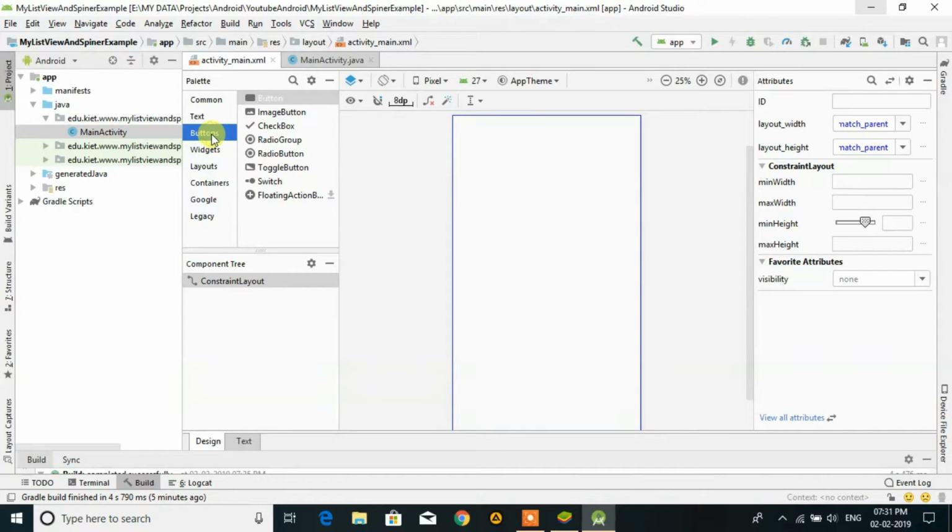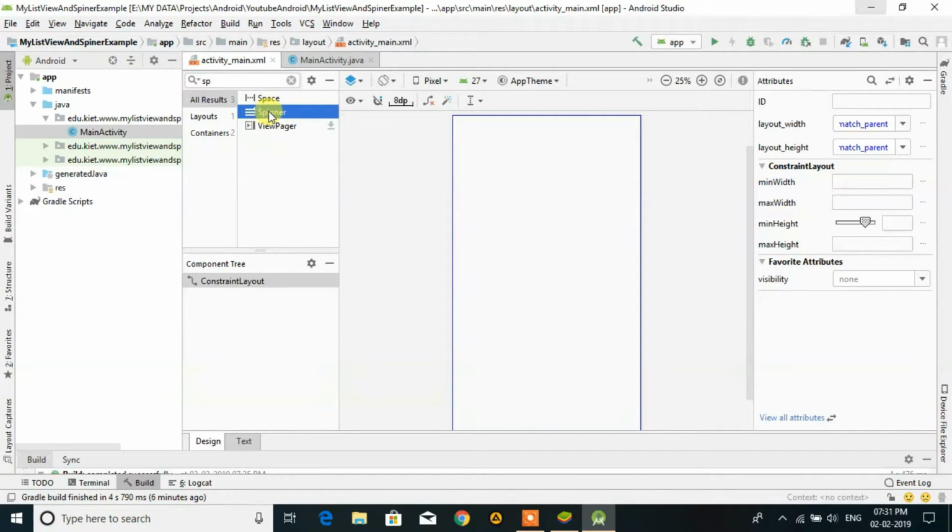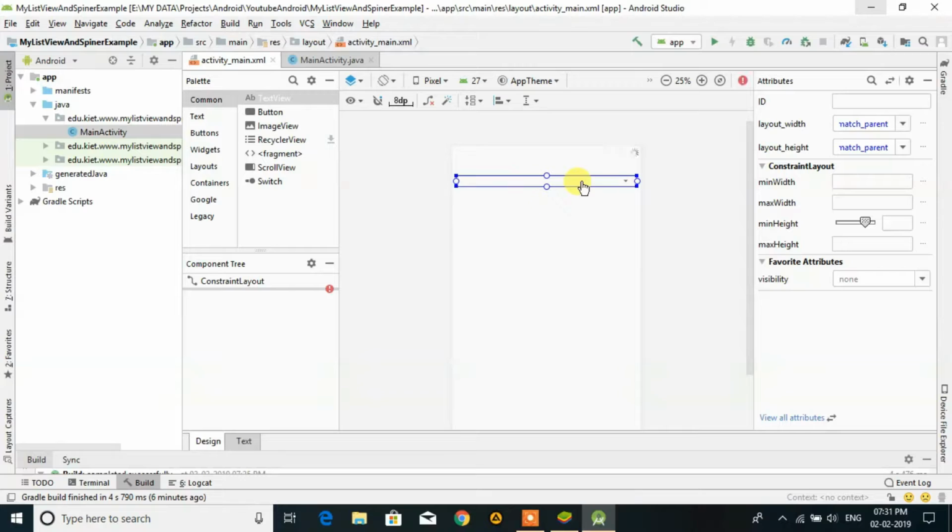So this is the spinner. If I drag and drop this here, it looks like this.